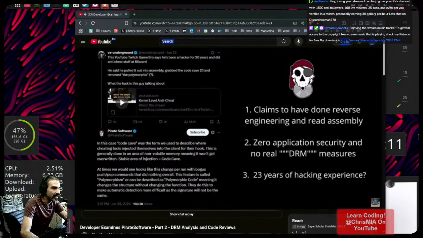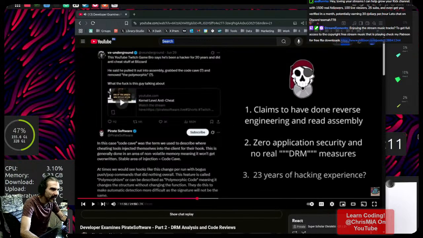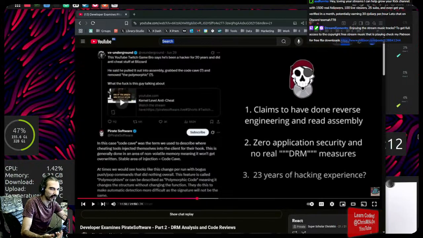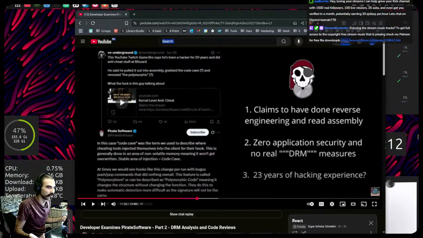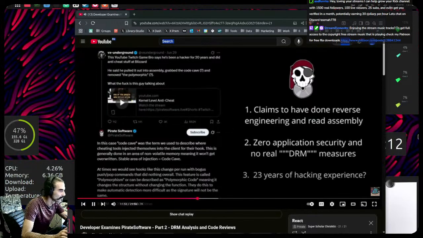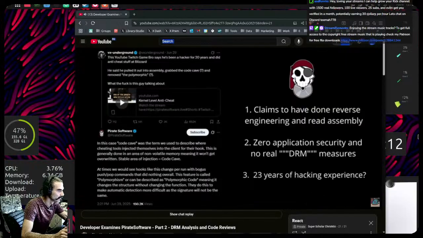I agree. The fact he doesn't even seem to understand any of these 20 years, and he doesn't know how to do an MD5 or a self check or even obfuscate the string that is supposed to identify a pirated version. 20 years and his code still looks like a college student that just graduated. Please tell me how that's possible. No advanced systems within his code at all. No advanced concepts or problems makes me fairly confident saying his reverse engineering and assembly claims are mostly made up stories or complete and outright lies.